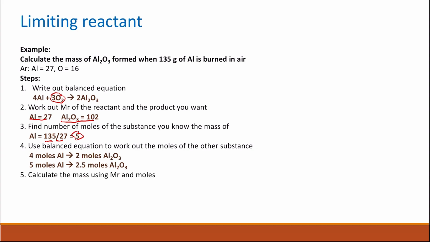Finally, you need to calculate the mass using the formula mass and the moles. So the mass of aluminium oxide produced will equal the number of moles times the formula mass, which equals 2.5 times 102. So you're going to have 255 gram of the aluminium oxide. Of course, when we did this